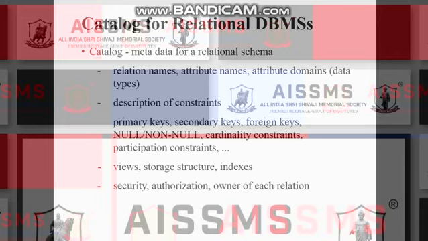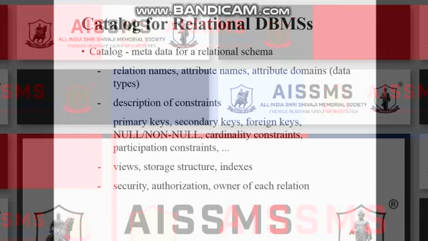It consists of a relation name and attribute domains, that is, the specific data types. So the user can fire certain queries on the catalog, which is available for defining and justifying the relational schema. So the user can get these details. Alongside, if the relation has certain constraints, those constraints can also be known to the user with the help of this catalog. It consists of primary keys, secondary keys, foreign keys, null and not null constraints, cardinality constraints, and participation constraints. So that can be easily identified and understood by the users.